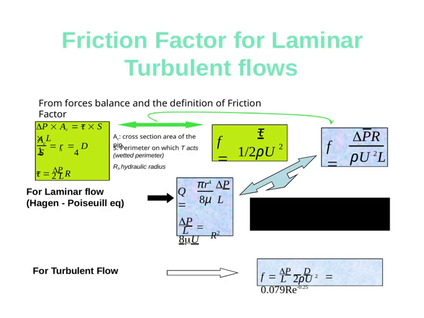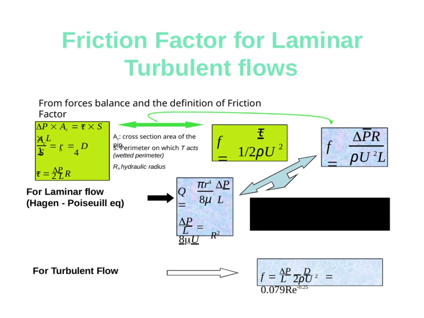Let's break down how fluid moves through a pipe, focusing on the forces at play along the pipe's perimeter, what we call the wetted perimeter. We use the hydraulic radius, which relates the cross-sectional area to this perimeter, to understand flow behavior. For turbulent flow, the friction factor depends on the Reynolds number, showing a specific relationship. In laminar flow, the Hagen-Poiseuille equation governs pressure drop and flow rate. Ultimately, the friction factor links pressure loss to the forces acting on the pipe walls, helping us predict flow resistance